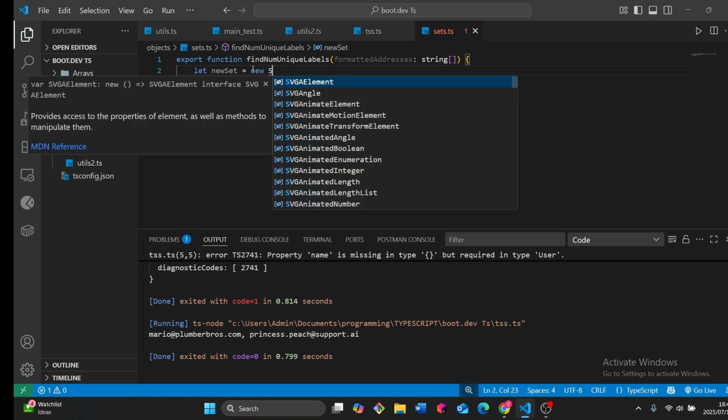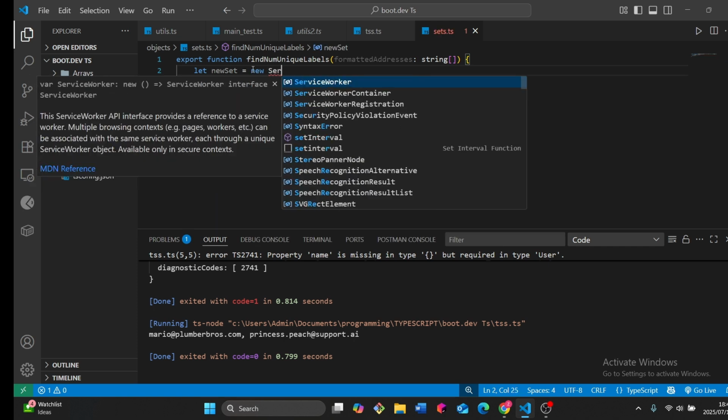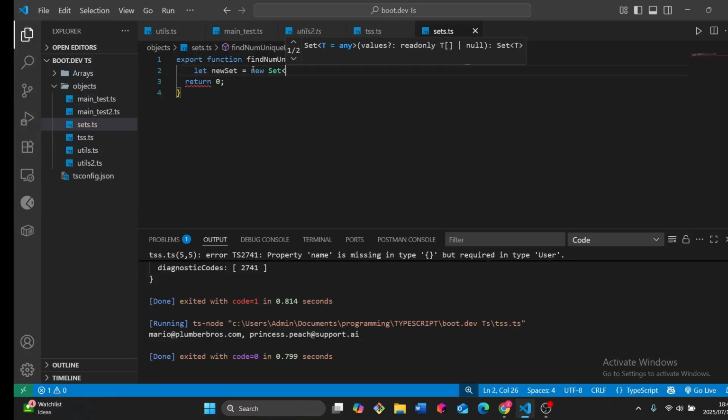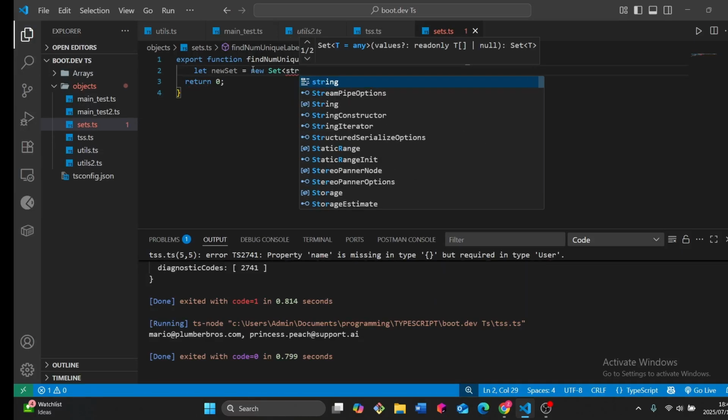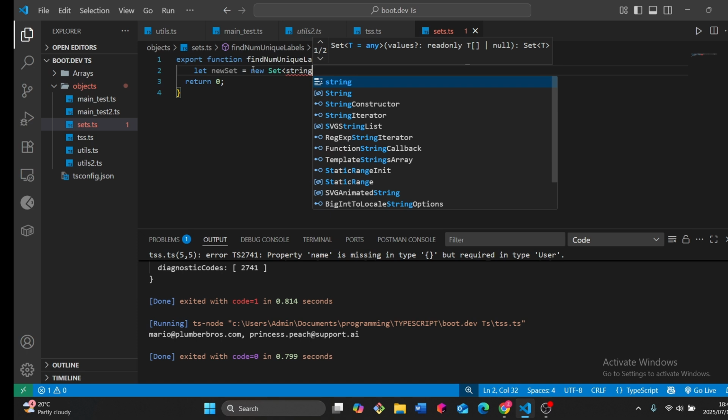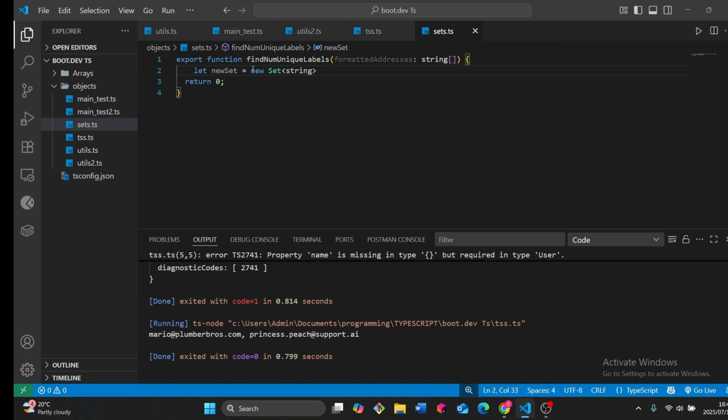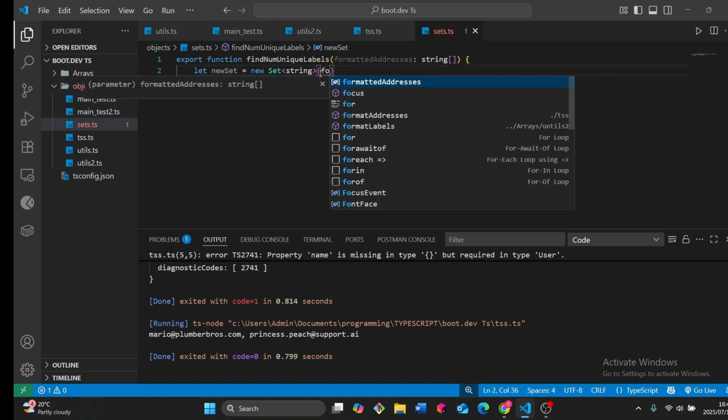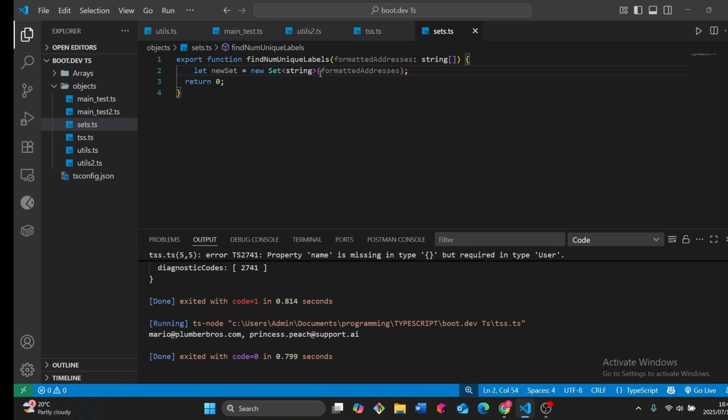Then we use capital O. It's a set of strings, right? Yeah. Then pass in the formatted addresses, and then I guess what we're gonna do is return the